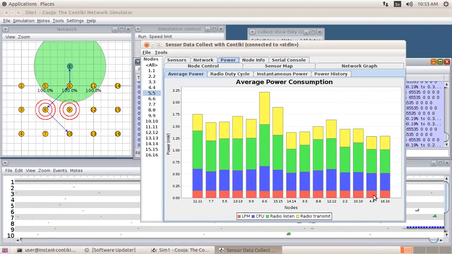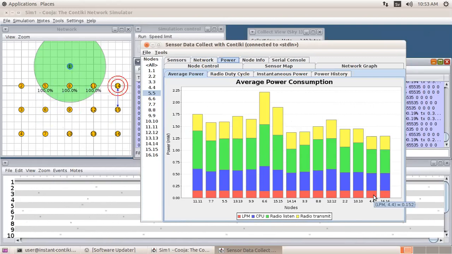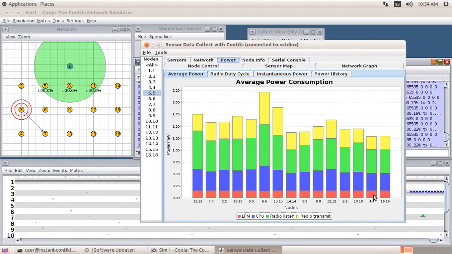So the CPU is basically performing the conversion of a radio signal to a digital signal, and a digital signal to a radio signal, that is, an analog to digital converter. It is also performing the task of capturing the data, storing it into memory, or transmitting the digital bytes into radio signals. So all this computation is done over here, but you can see it is not consuming more than 0.25 milliwatt.